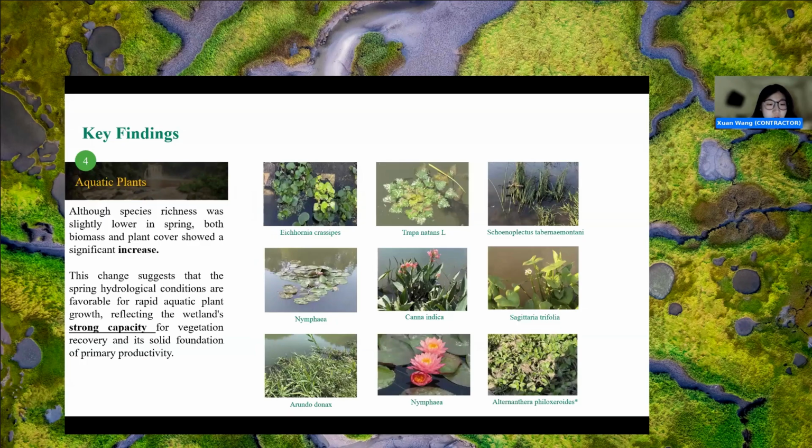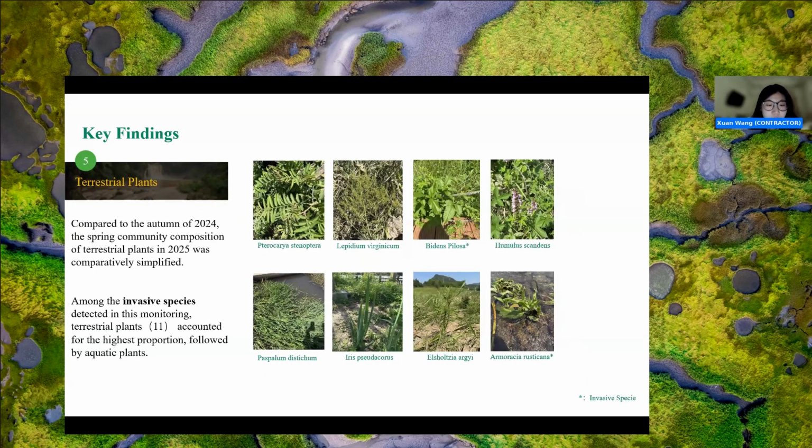And although species richness was slightly lower in spring for aquatic plants, biomass and plant cover increased significantly, and this indicates favorable spring conditions for growth and reflects the wetland's strong recovery capacity. Terrestrial plant community was simpler in spring 25 compared to autumn 24, with species distribution across sampling sites becoming more